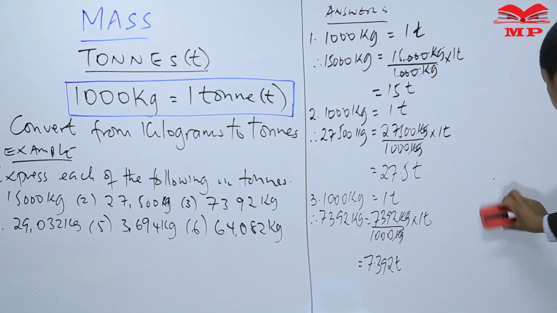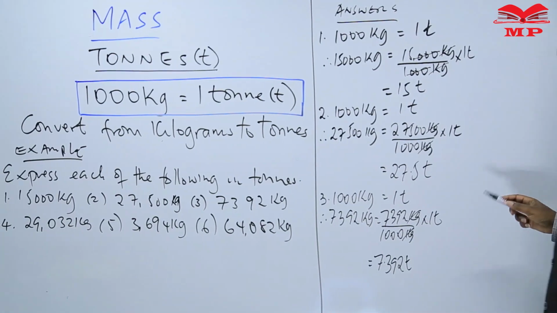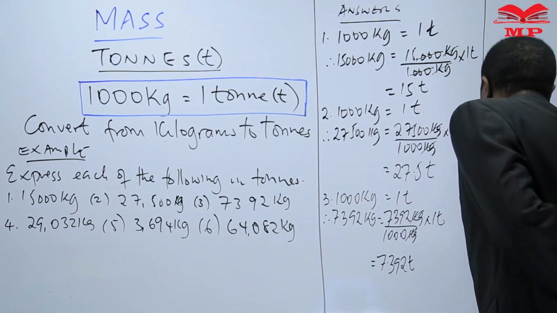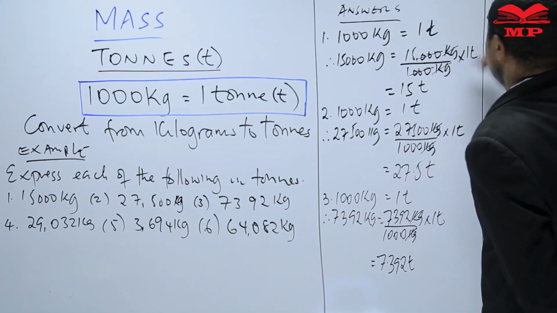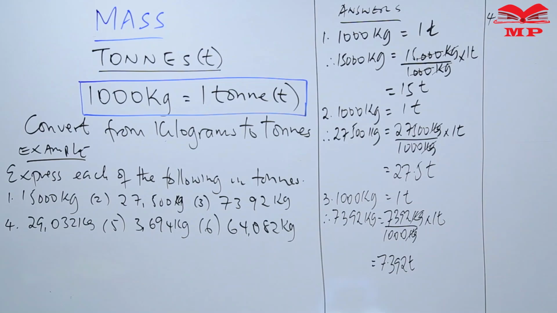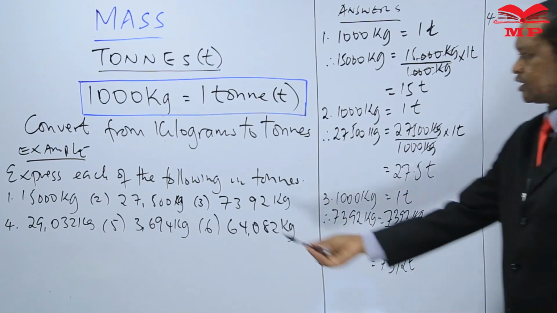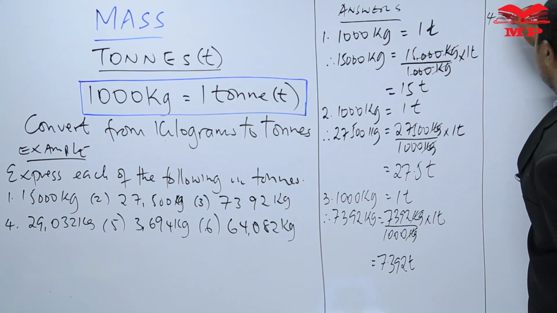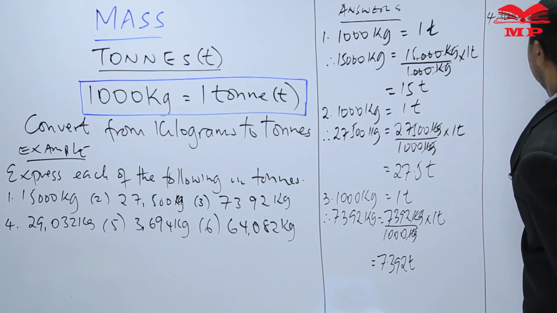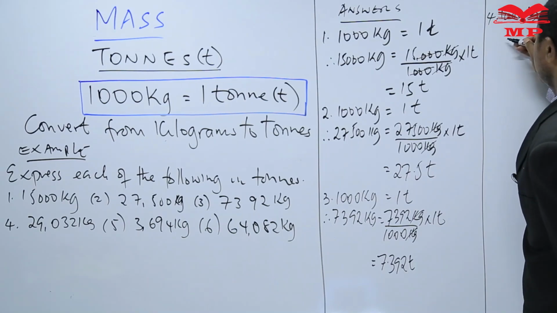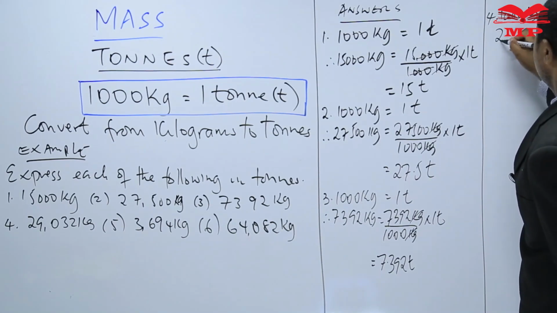Can we move on, learners, to question 4? Yes, let's do question 4 here. 29,032 kilograms converted into tons. We have 1,000 kgs is equal to 1 ton. Therefore,